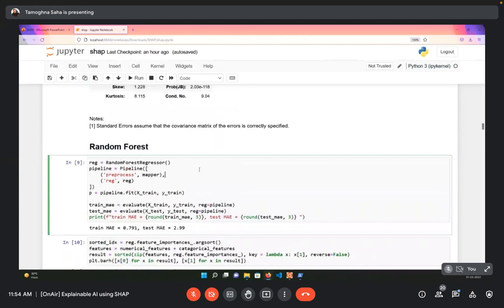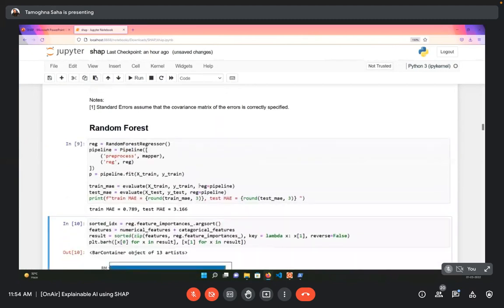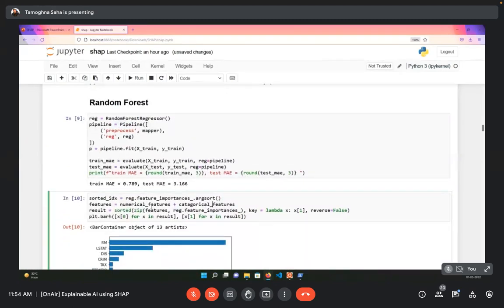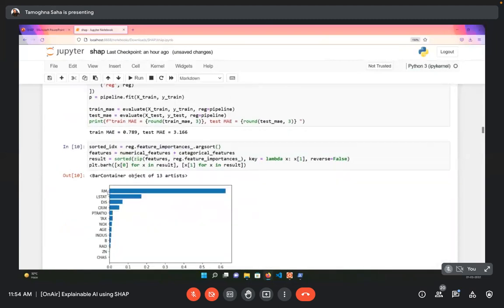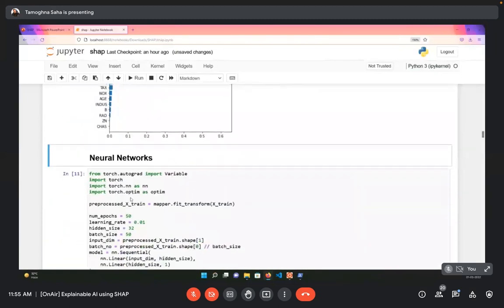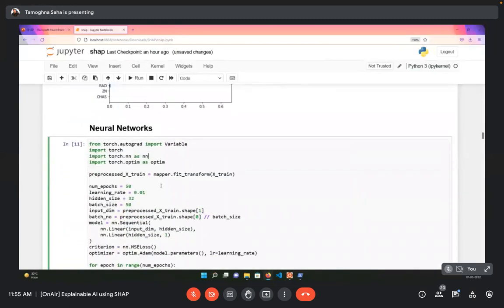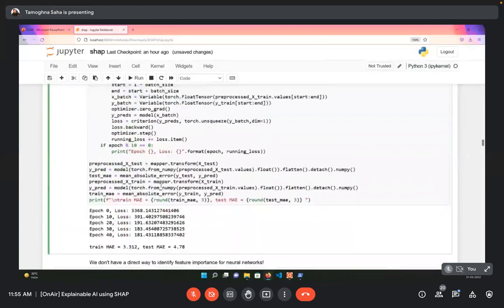And again, now we have a random forest operation where we have another set of test records. Here, specific to the random forest regressor, we have some internal feature importance. And when we run the feature importance over here, we are again getting RM and LSTAT as the most contributing features. Similarly, in a neural network, if you run it on a simple PyTorch record, you just train the